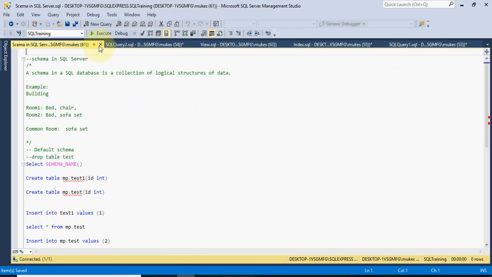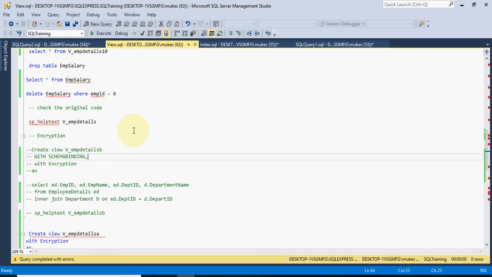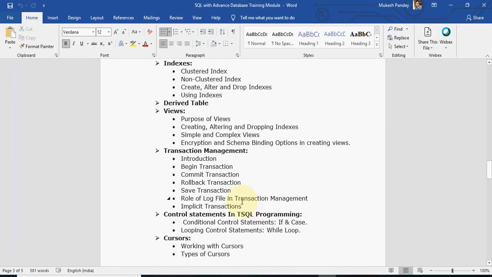Suppose you are updating a table through a query, using update or delete or truncate.